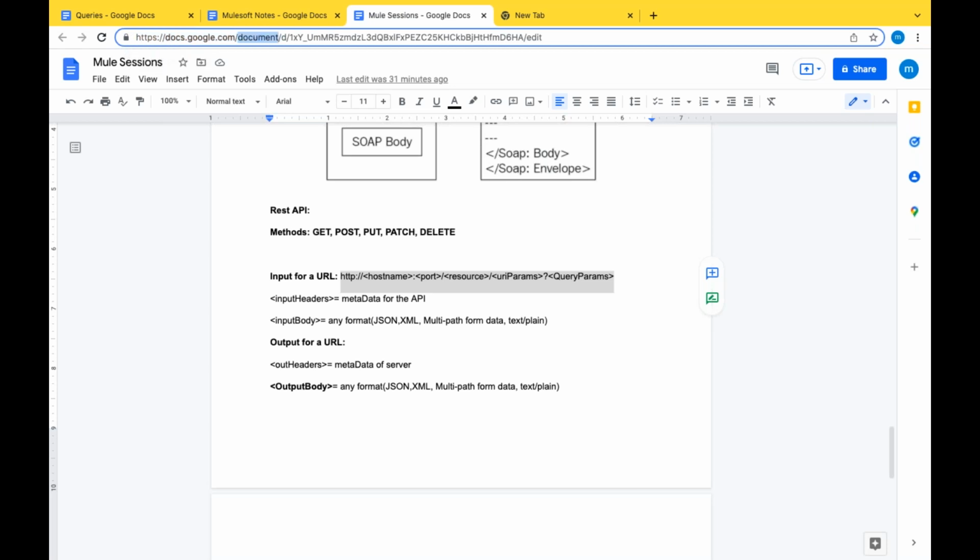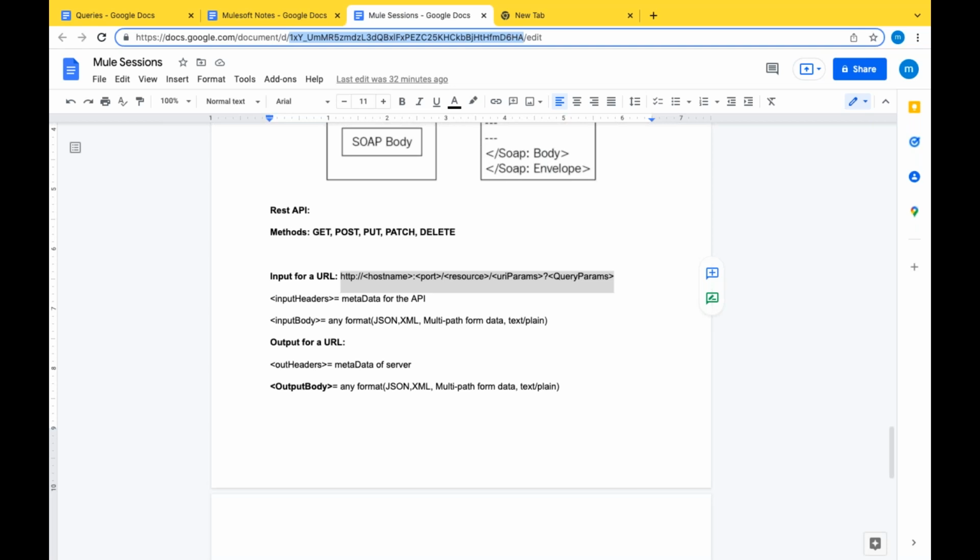Now my resource name is document. Up to here, I went to the Google server. When I trigger this, I was in the Google host, okay, fine. So go to this resource. When you are doing coding in such a way that documents is a place where I go, /d is a resource. Up to here it's a resource, and here it's a unique ID.